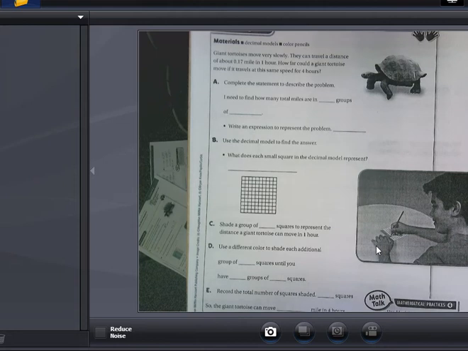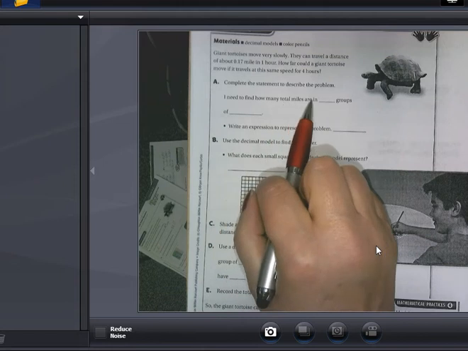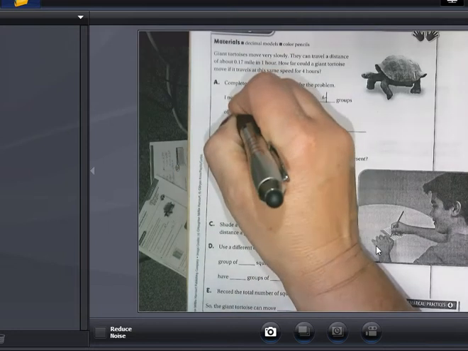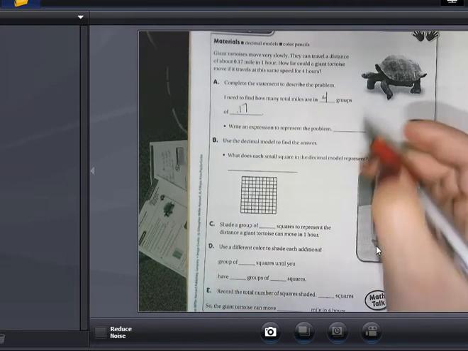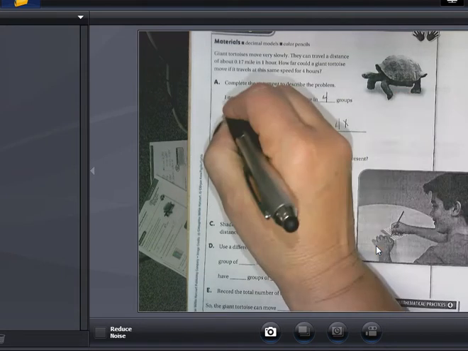And we have a giant tortoise that moves very slowly. They can travel a distance of about 1700 miles an hour. How far can a giant tortoise move if it travels at the same speed for 4 hours? Complete the statement below to describe the problem. I need to find out how many total miles are in 4 groups of 1700s. Write an expression. Well, 4 groups of means to multiply